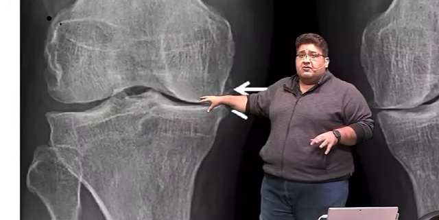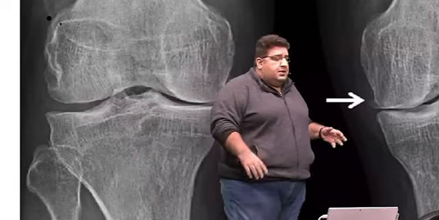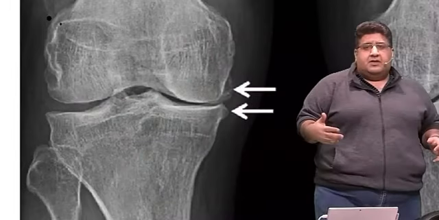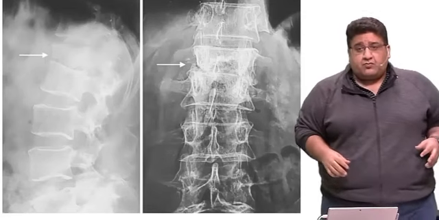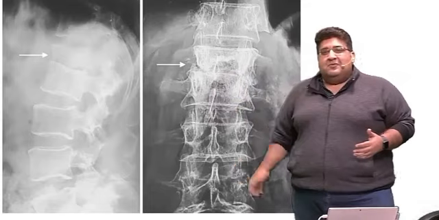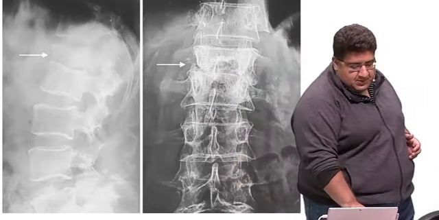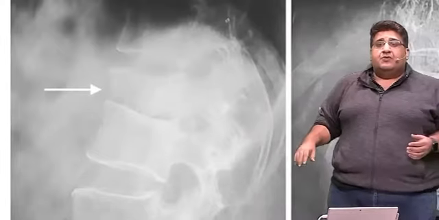So it is an asymmetric reduction of the joint space. You can see the narrowing of the medial compartment. You can see the narrowing of the lateral compartment. Medial compartment narrowing is occurring earlier and more than the lateral compartment. I don't know whether you have guessed it right or not, but this is a classical. Okay, maybe this is not helping you much. I can show you this. So what do you think this is?